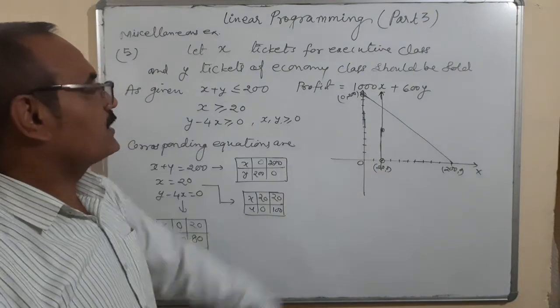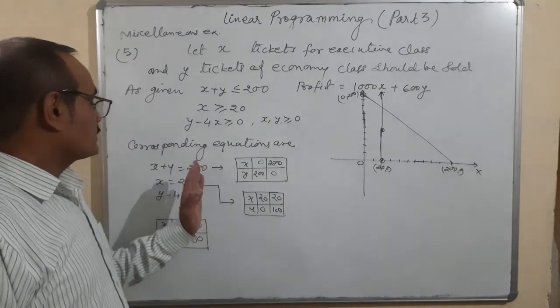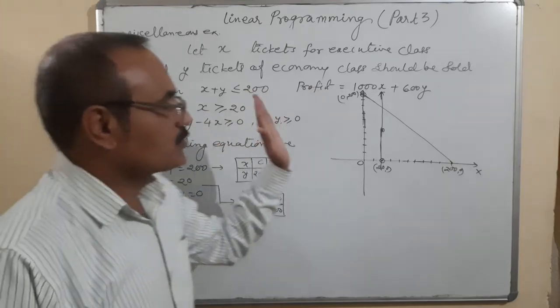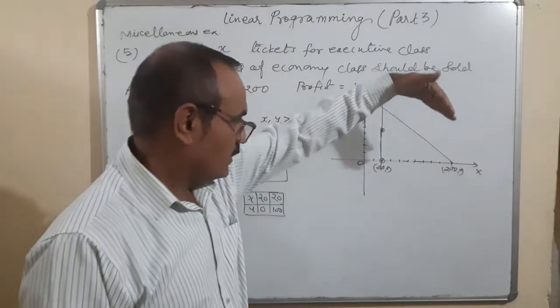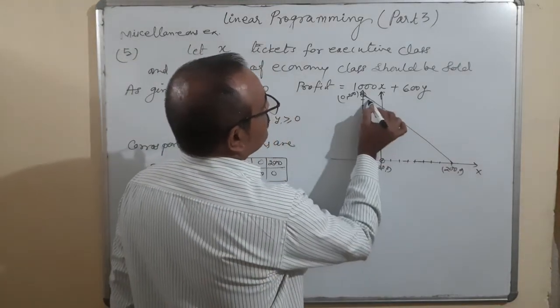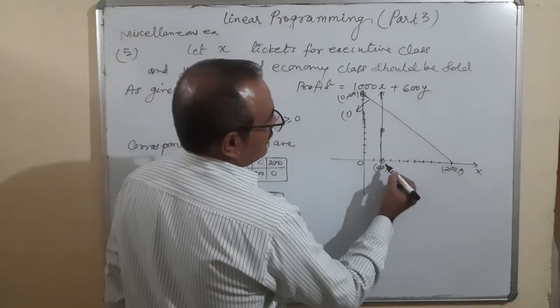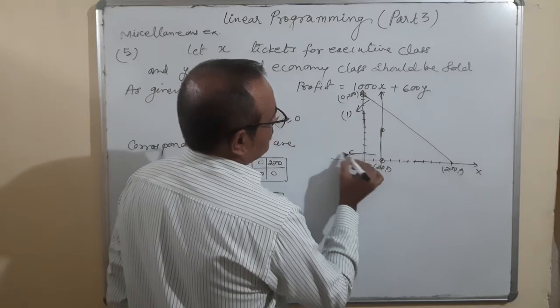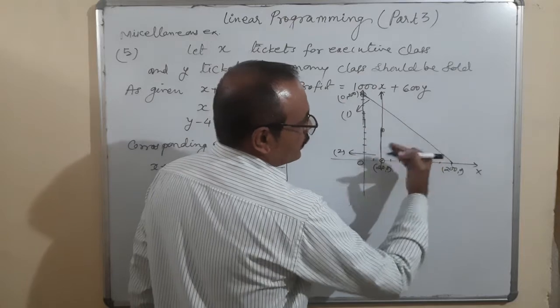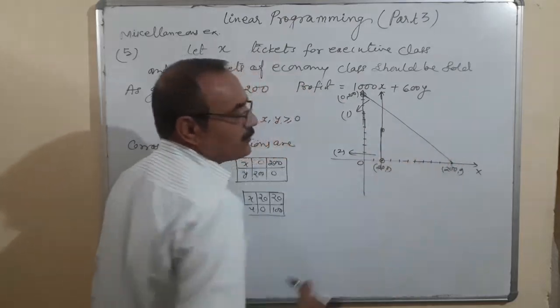20, 100, whatever it is. Here it is x is greater or equal to 0. When I put 0, 0, it doesn't contain. So it will go away from the origin. This line, this is first equation, that is second. Okay. First equation away towards the origin, second equation away from the origin.